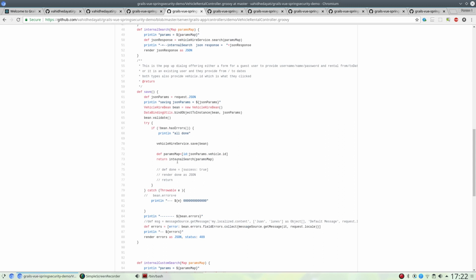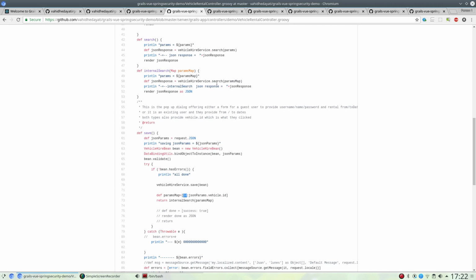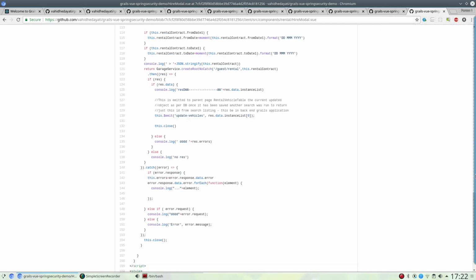Otherwise it saves, and then runs this internal search, which passes in the ID of the current object once it's saved. And the internal search then knows that it has to only look up this ID and return that specific instance from the listing rather than everything. We've had to go off and do this because we're doing a listing. If you look at internal search, it runs vehicle hire service search, and if you look at vehicle hire service,